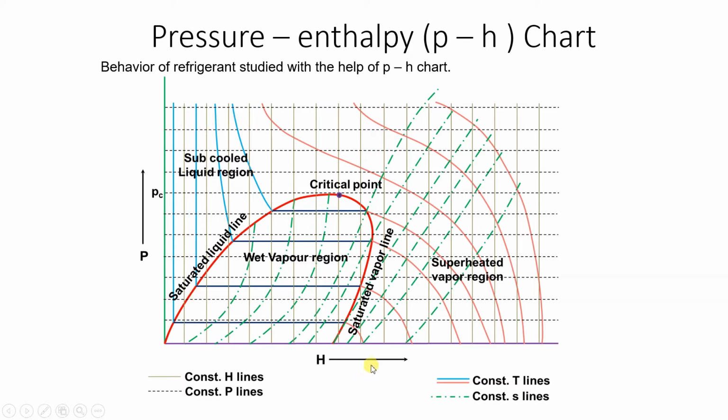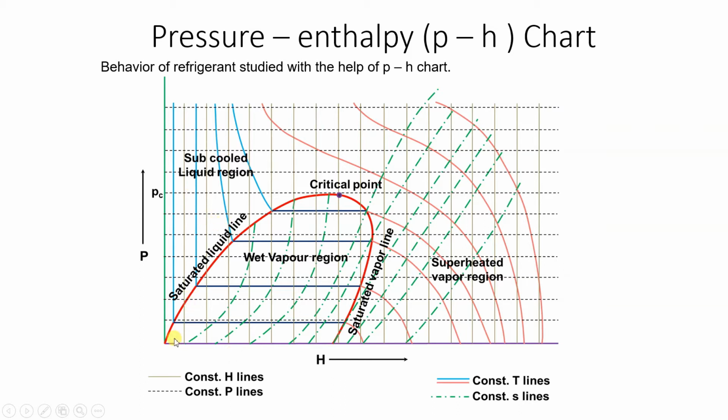If you recall your thermodynamics, there you might have studied PV diagram, TH diagram, PT diagram, and then HS diagram and so on. Okay, now this pH diagram has been introduced to you for the first time. So what is this pH diagram? On y-axis we have pressure and on x-axis we have enthalpy.